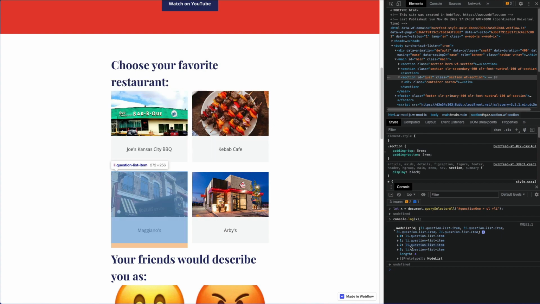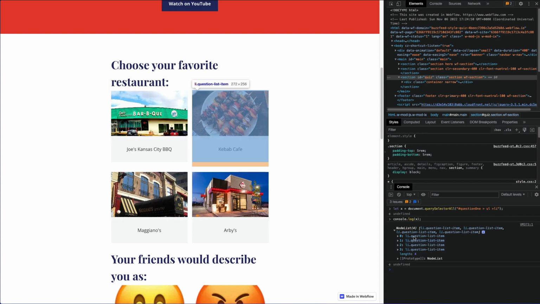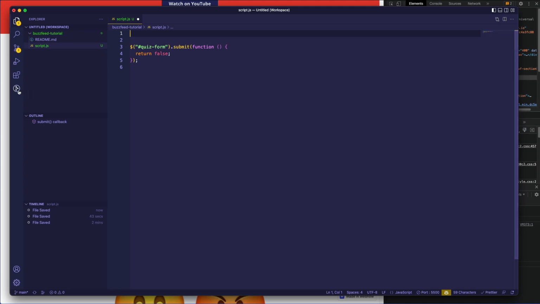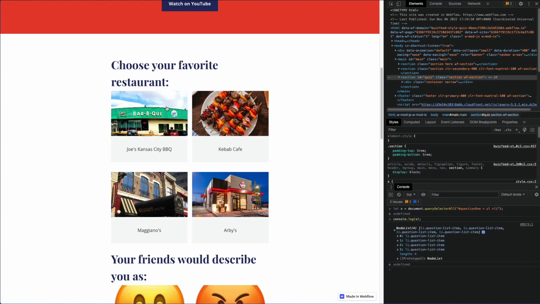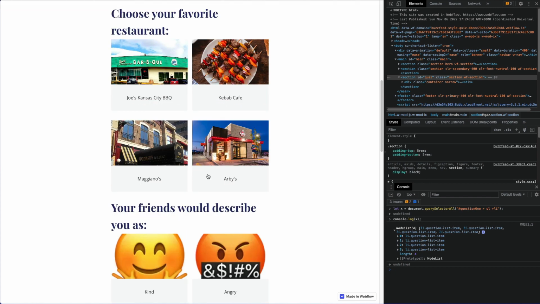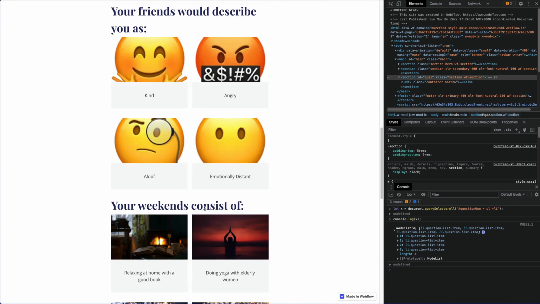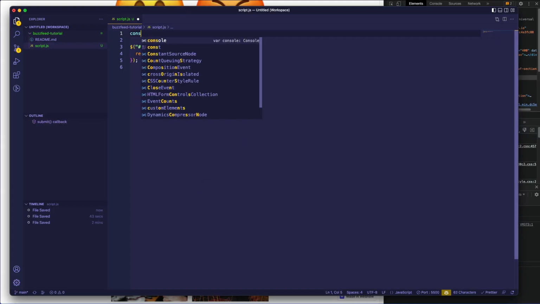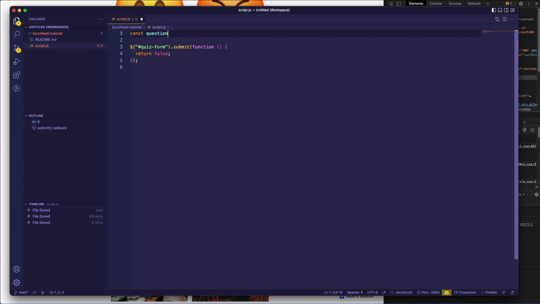You can see I can hover over them and they highlight. So we can just follow that pattern all the way down. So let's just move this down. Just to explain what I'm doing here, I need to have a click event on all of these. So I need to be able to select them all and add a click event to get this to scroll. So what we're going to do is say a const question 1 items equals,